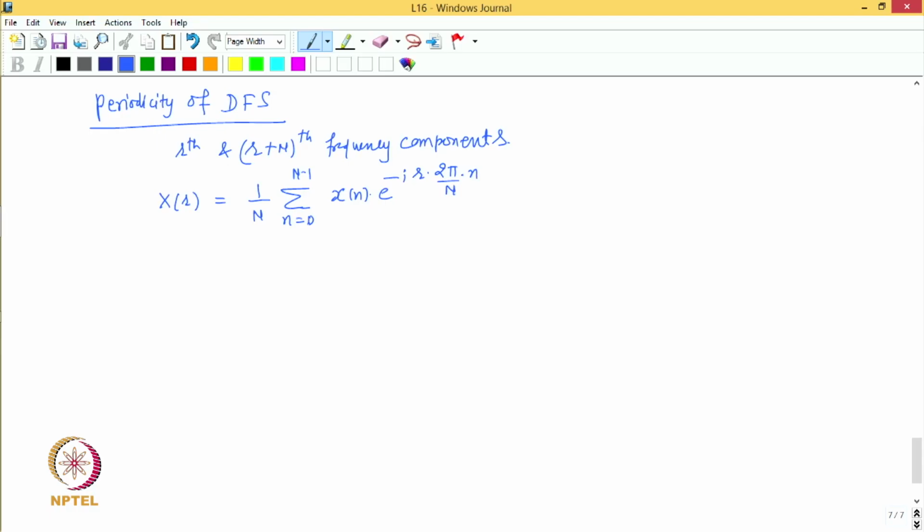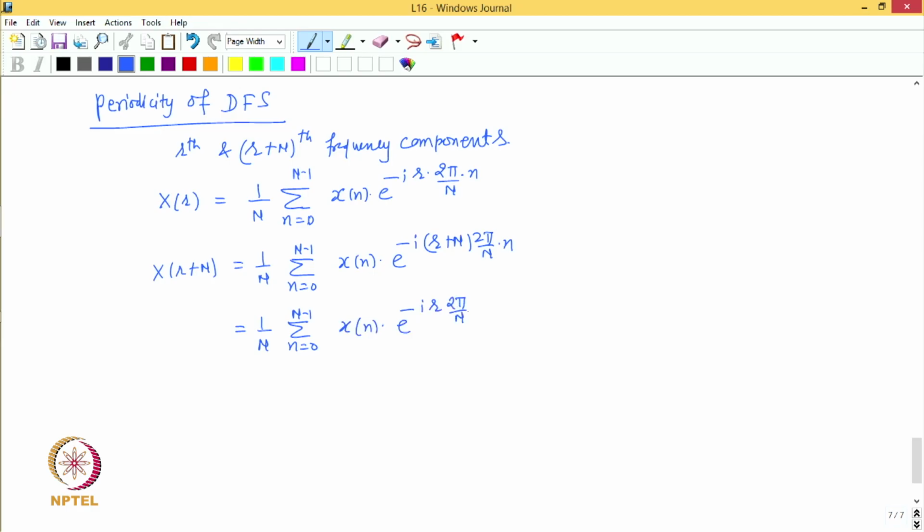So, this is the expression, and similarly for x r plus N we can write down 1 by N summation n equal to 0 to N minus 1 x n e to the power minus i r plus N 2 pi by N into n, right, and this I can write as 1 upon N summation n equal to 0 to N minus 1, right, into x n e to the power minus i r 2 pi by N into small n into,